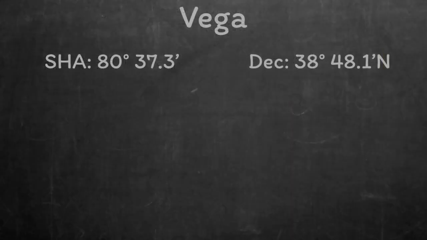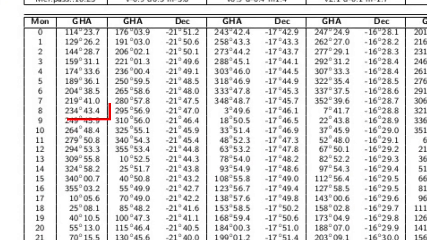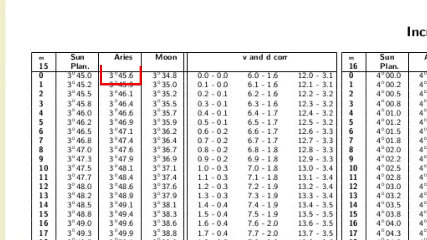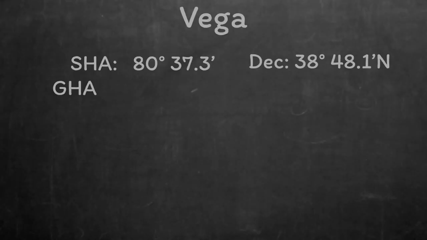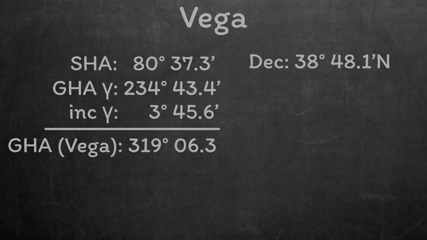To turn that into a local hour angle, we're going to need the data for Aries as well. So, at 8 o'clock, the Greenwich hour angle of Aries is 234 degrees, 43.4 minutes. Then we can turn to the increments and corrections pages, and we'll find the increment for 15 minutes, 0 seconds. We get that as 3 degrees, 45.6 minutes. Adding together the Greenwich hour angle of Aries at 8 o'clock, the increment for 15 minutes, and the sidereal hour angle of Vega, we can get a Greenwich hour angle of Vega as 319 degrees,